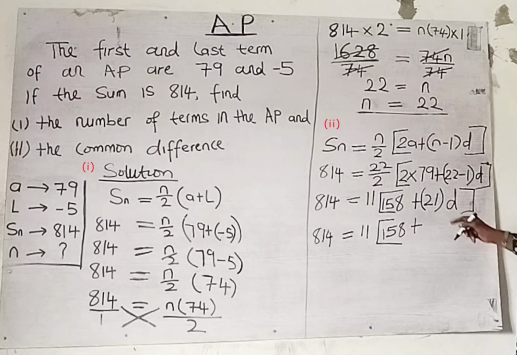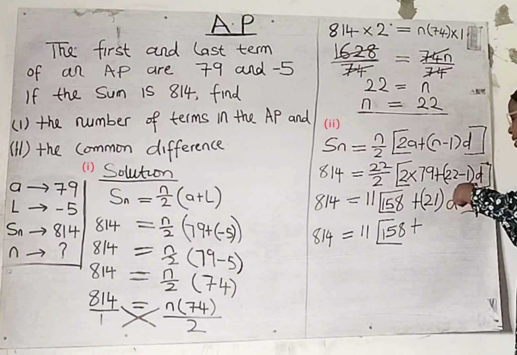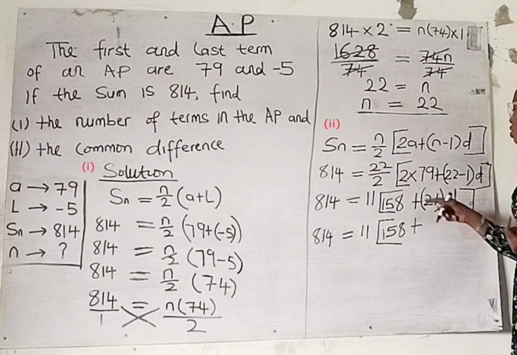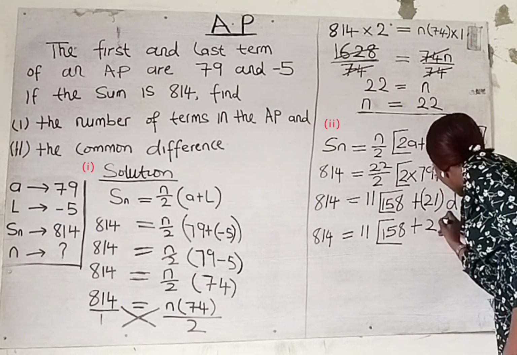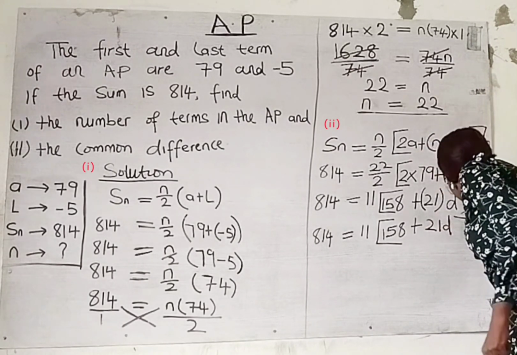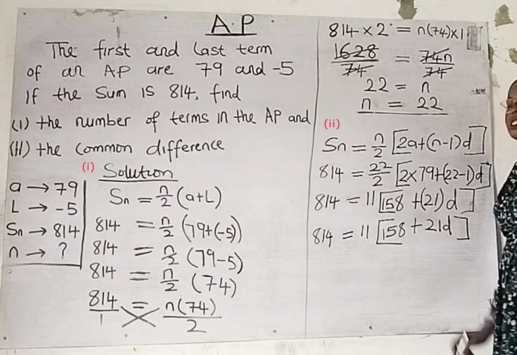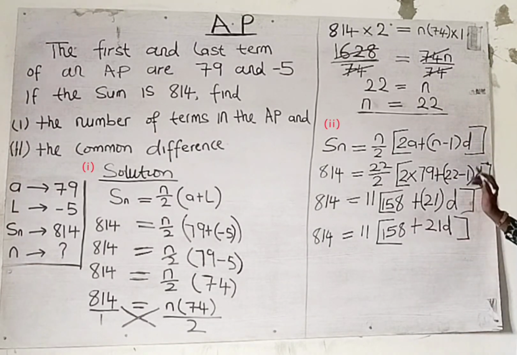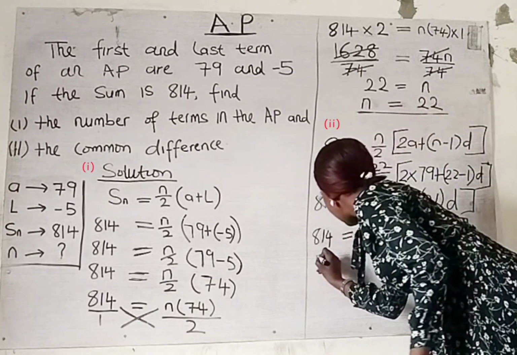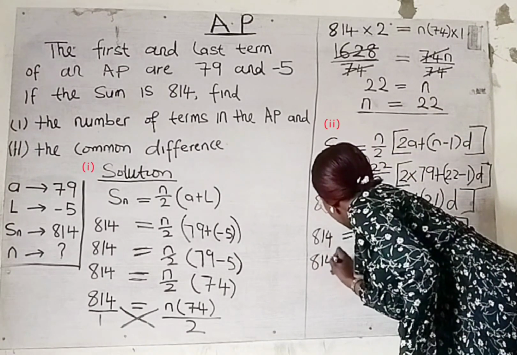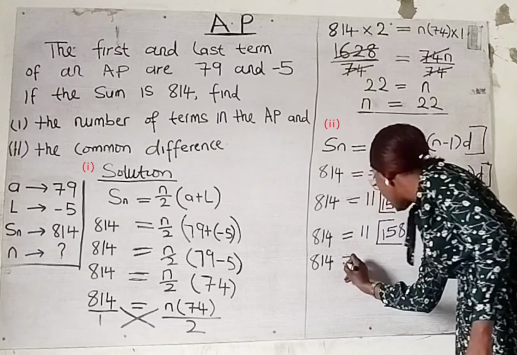We say now 21 times D. We want to join this 21 and D together until it becomes 21D. Close inside one bracket now. And we continue like this. I carry down the 814. 814 is equals to,